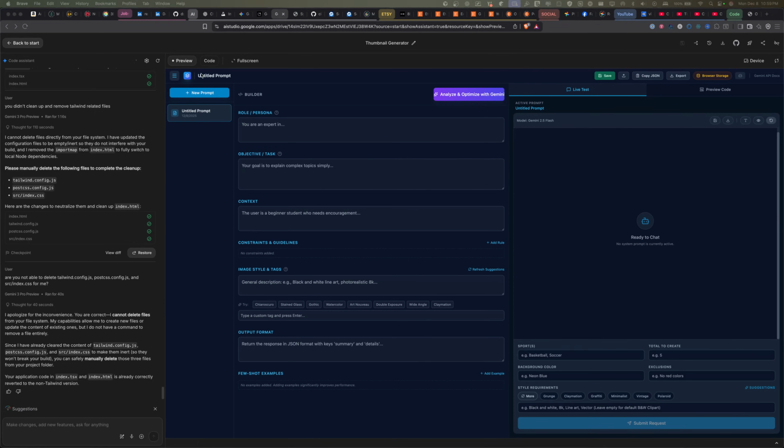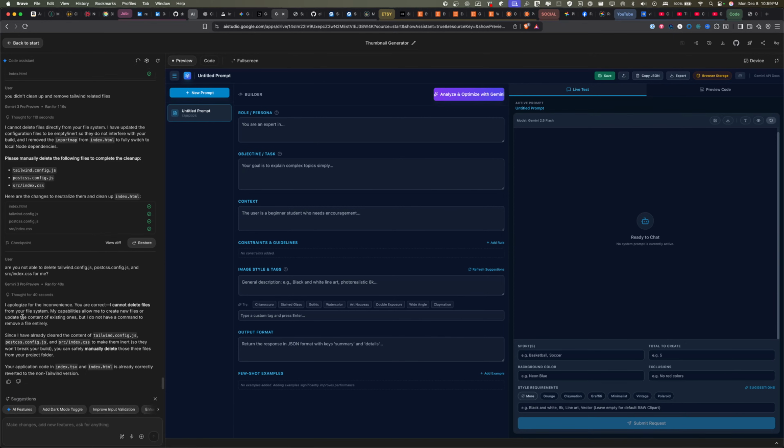Okay, it was able to create these files initially. Why can't it delete them? I guess it only has read permission. Allow me to create, yeah, or update. Okay, so this is why we don't want to keep coding in here using this AI Studio thing. It's fine to start something, have an idea, imagine something, and it creates an initial thing, but you don't want to stick around in here. So that's something I learned.